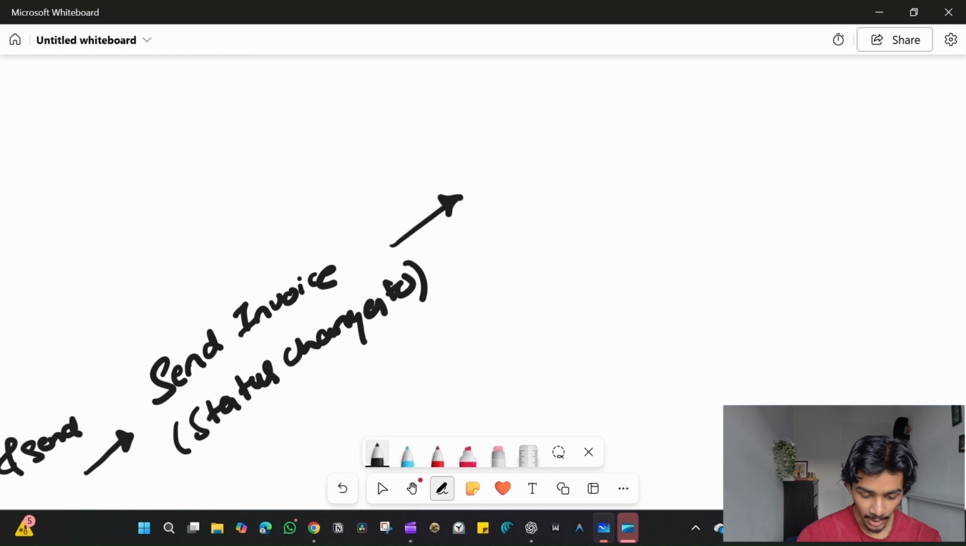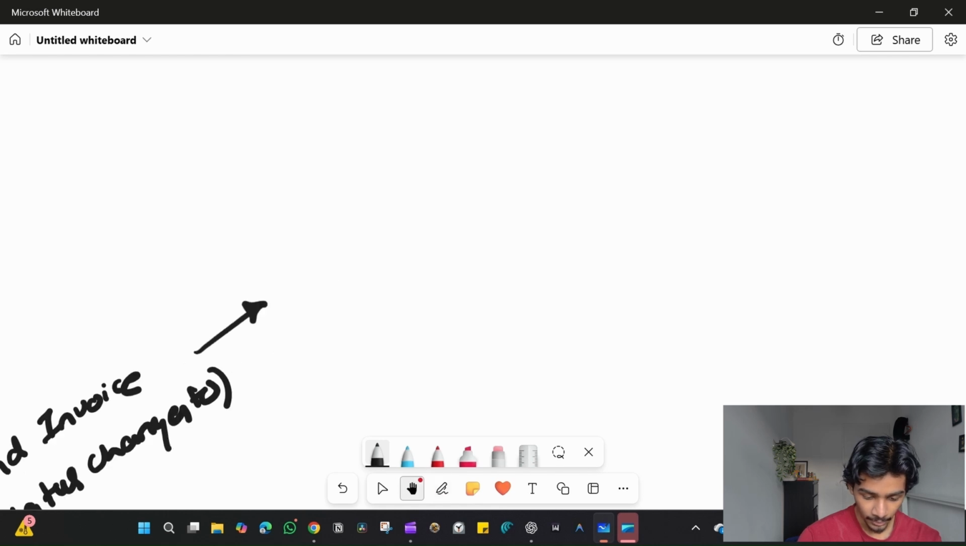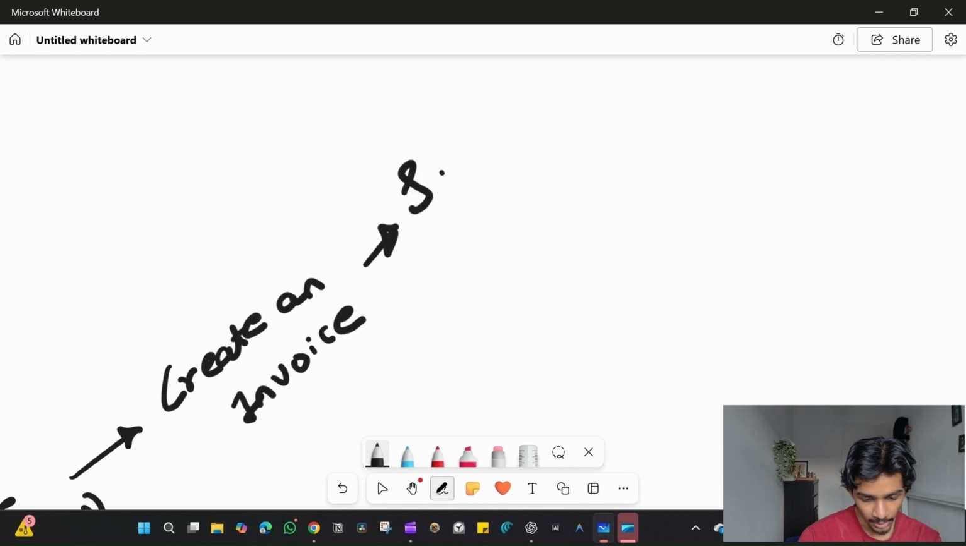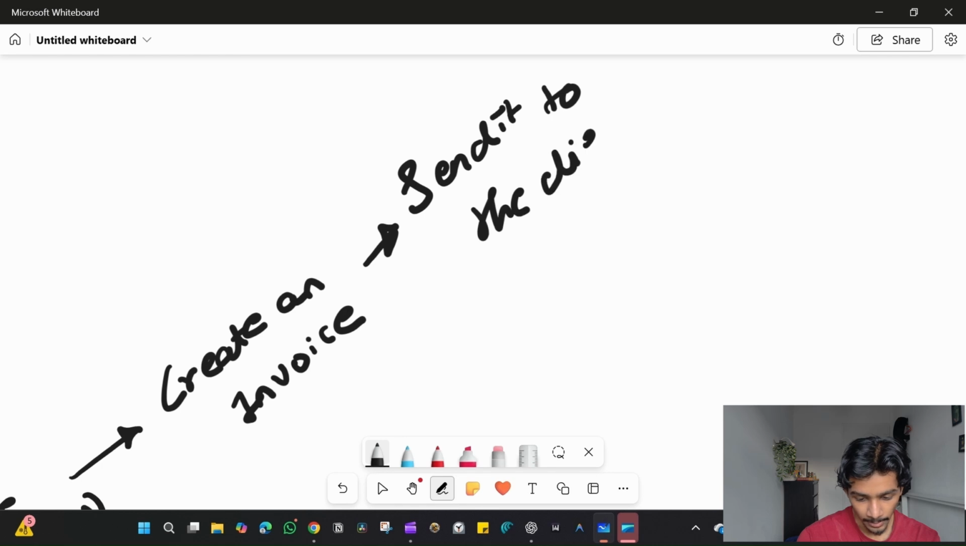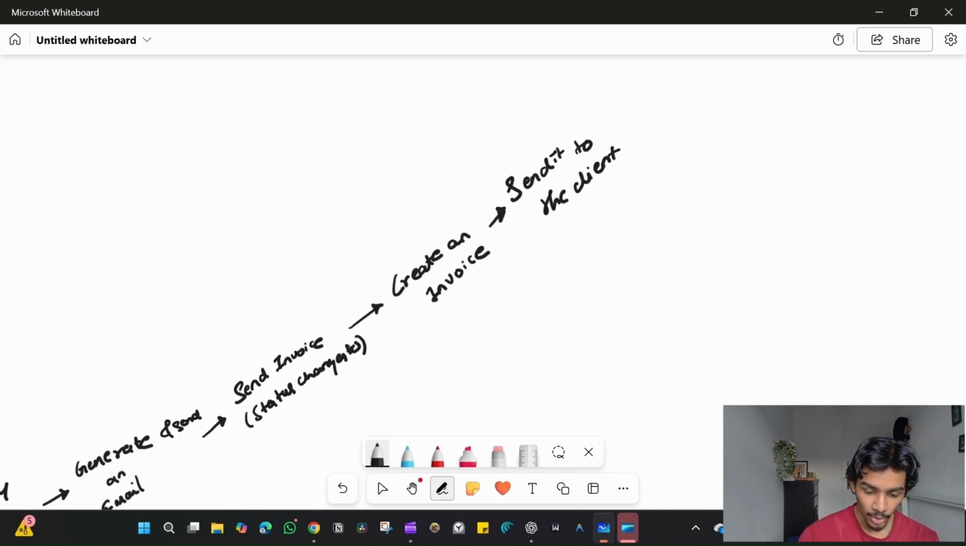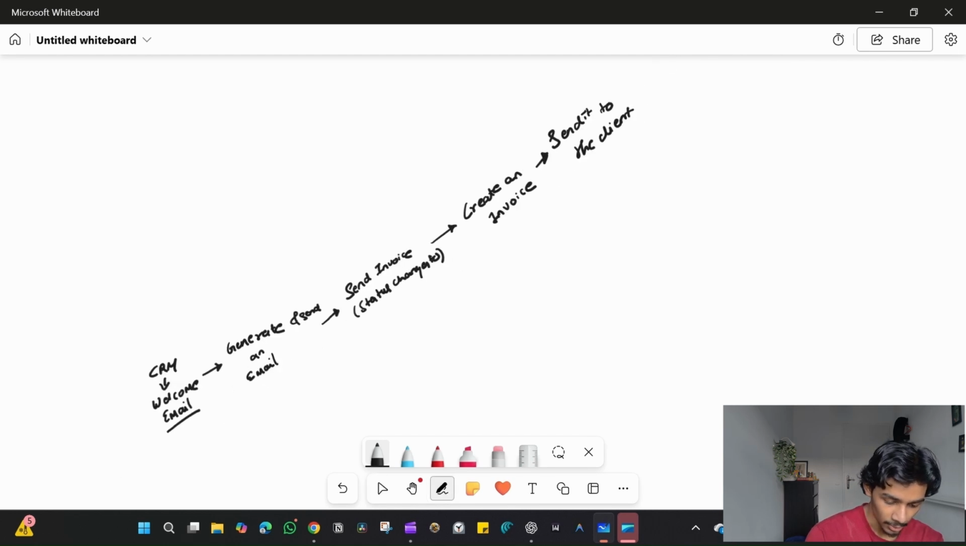we want this exact same system to go ahead and create an invoice and then send it to the client. Okay, so this is what I'm thinking is the first part of the automation. Let me just write part 1,